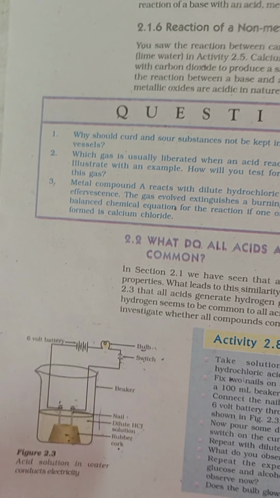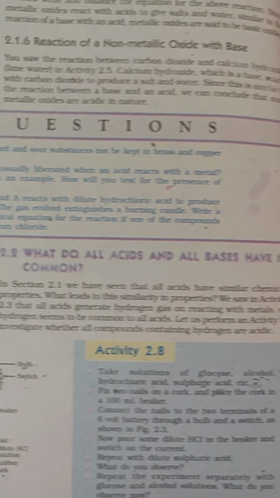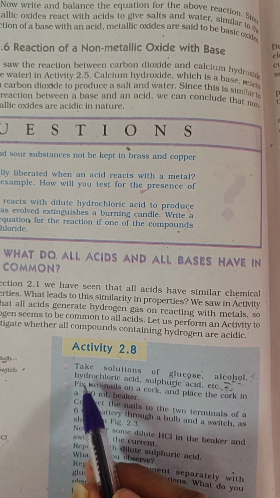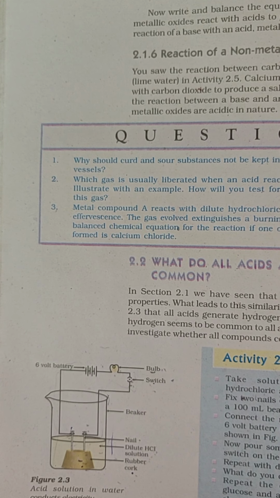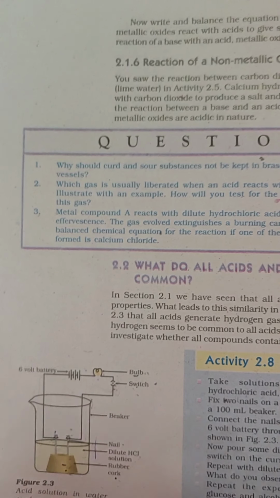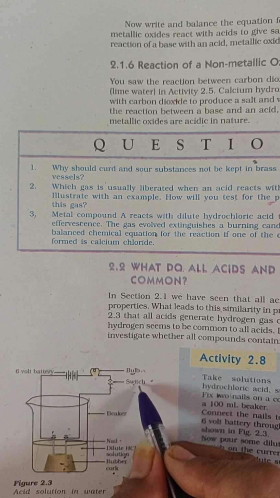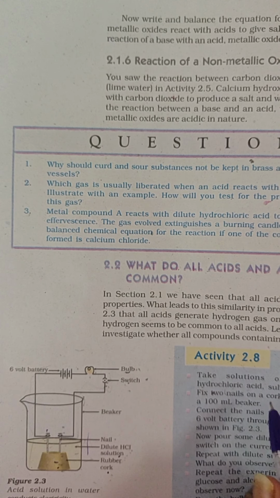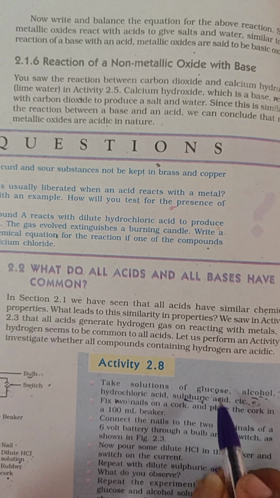Now we have to use different solutions. We have to take different solutions in the beaker which will act as the electrolyte. We take glucose solution, alcohol solution, dilute hydrochloric acid and sulfuric acid, and we will take them one by one, performing the activity using one solution at a time. So first we take dilute hydrochloric acid solution in the beaker and switch on to see if the bulb glows or not. We see that the bulb glows in case of HCl. The bulb will also glow in case of sulfuric acid,